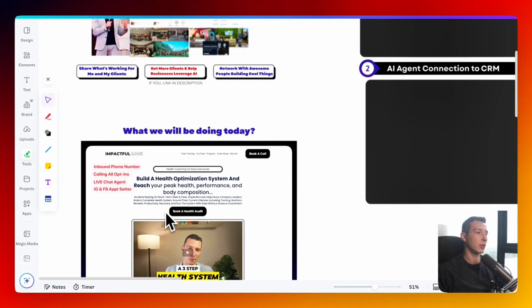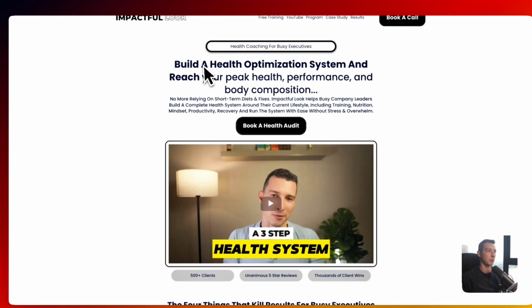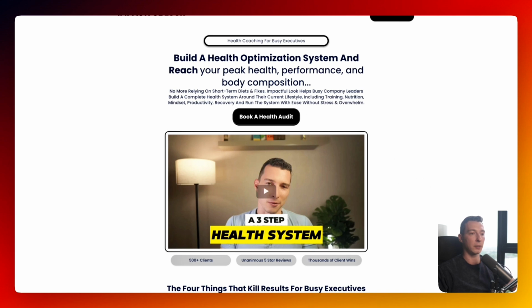And what I have here is a website. It's a website of my old business, which is impactfullook.com. And I'm going to be building a couple of things for it. I'm going to install a live chat widget that's going to have an agent sitting on top of it that's going to reply to all the leads. I'm going to have an inbound lead number, meaning that if people call that number, there's going to be an